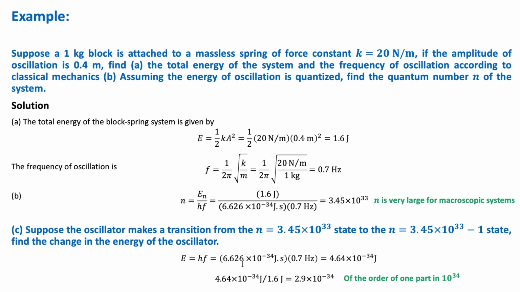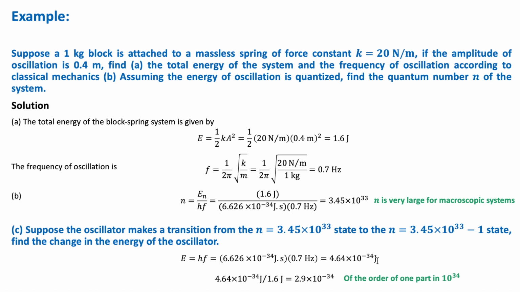So if we substitute for h and f, we get this energy here, okay? And this energy is only this fraction of the total energy. So it's about the order of 1 part in 10 to the plus 34